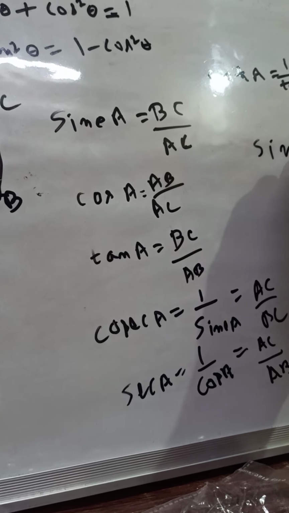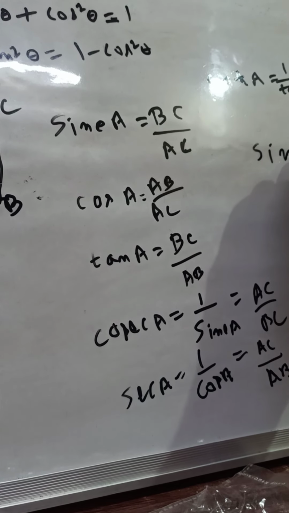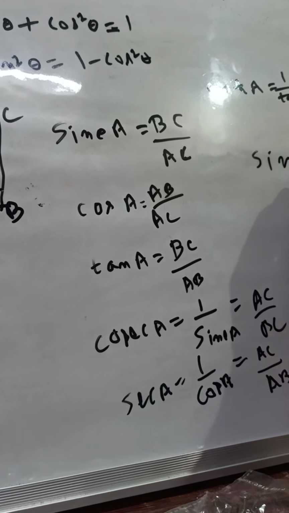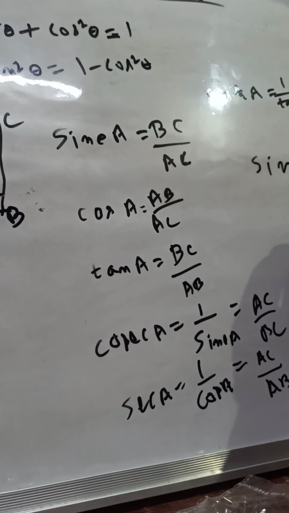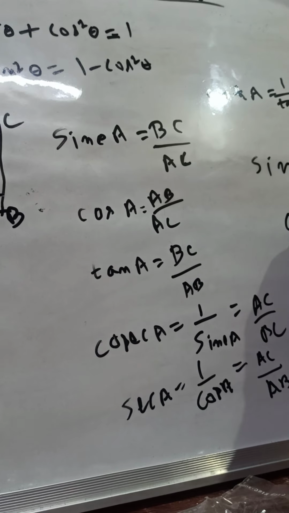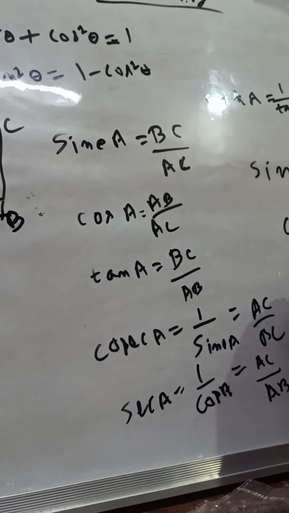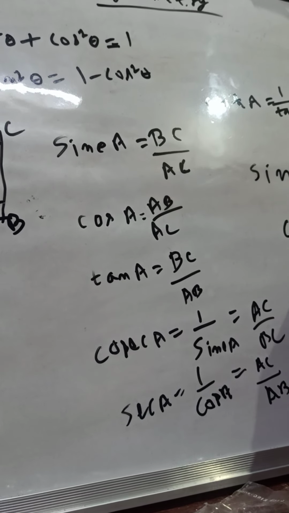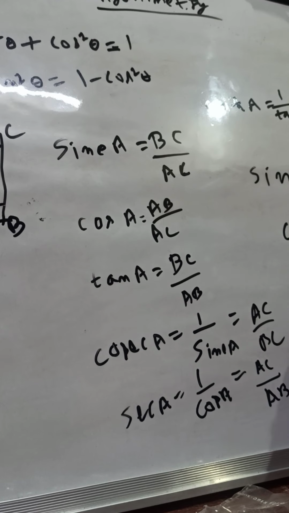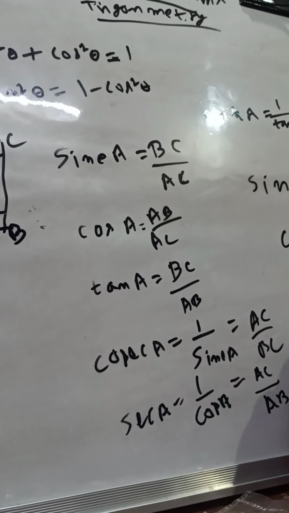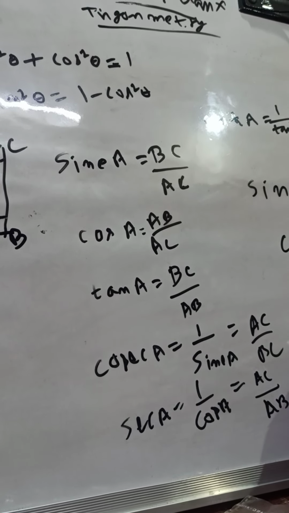Sin is equal to 1 by cosec, A, B, C, whatever may be. Cos is equal to 1 by sec, and tan is equal to sin by cos. One another formula is sin by cos. Again, tan is equal to 1 by cot,